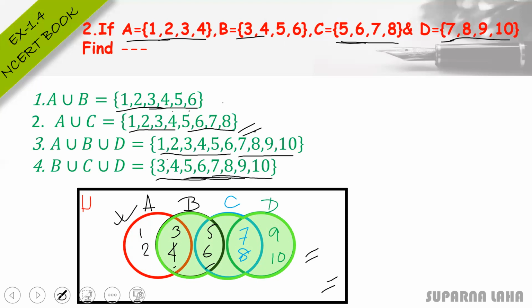Okay. So this is the visual representation. The colored portion is B, C and D. And look at that colored portion. The members present here are 3, 4, 5, 6, 7, 8, 9, 10. So here are the members. I hope the mathematical representation of union, how to write down its elements, how to represent it, and its visual representation, are all clear. So next, moving to the next operation,